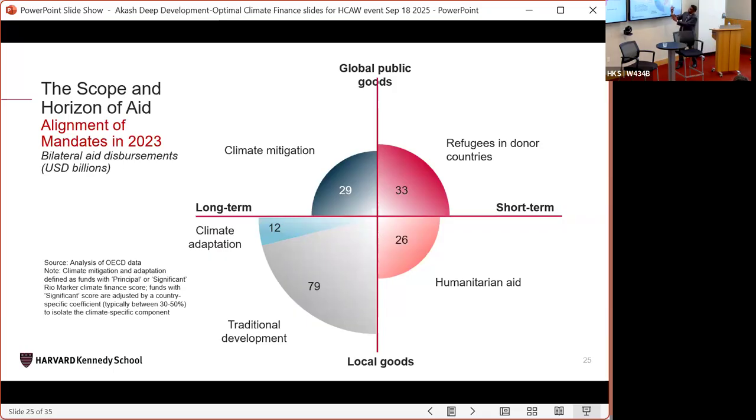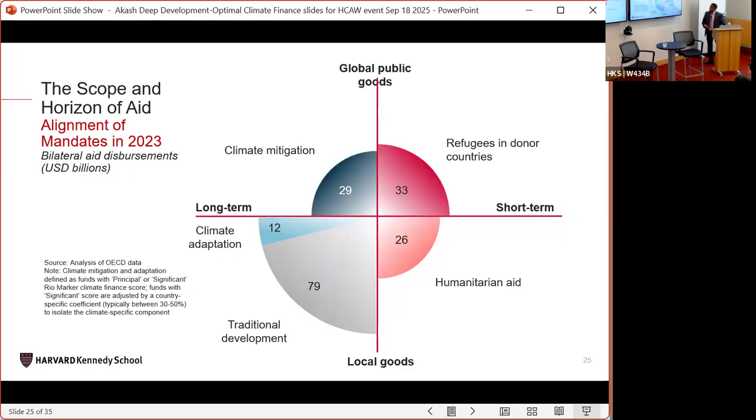That's the short-term side. And if you go towards the long-term investment side of aid, climate mitigation, of course, is the one that generates global public goods, and that's a broad category. Adaptation is closer to traditional development, but this is the remit of aid, of ODA, traditionally, right? And so what you can see is there is this expansion of aid across these multiple mandates that have